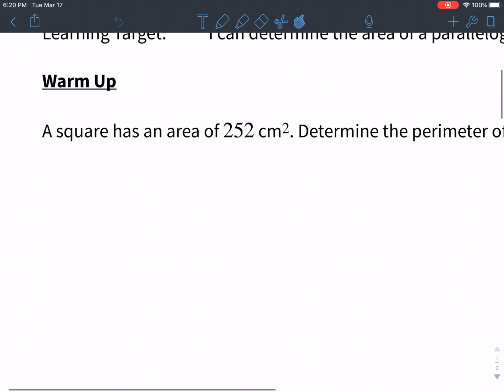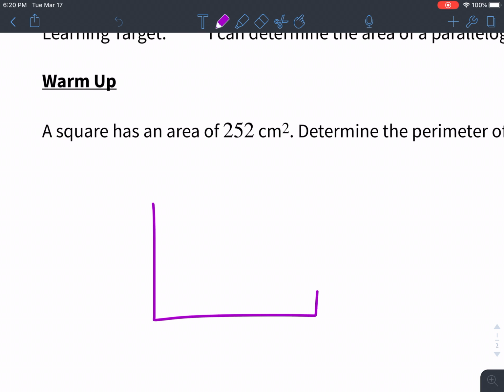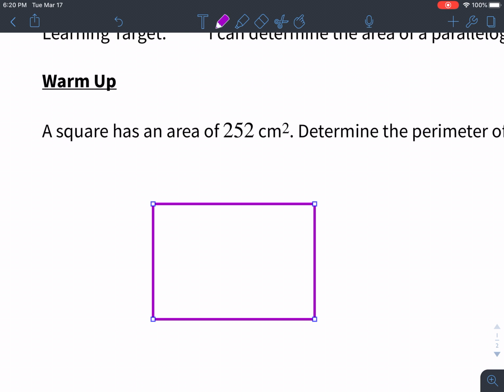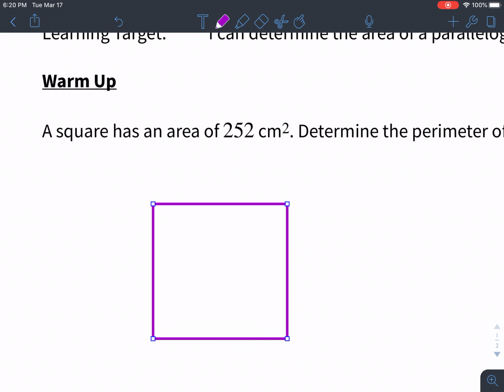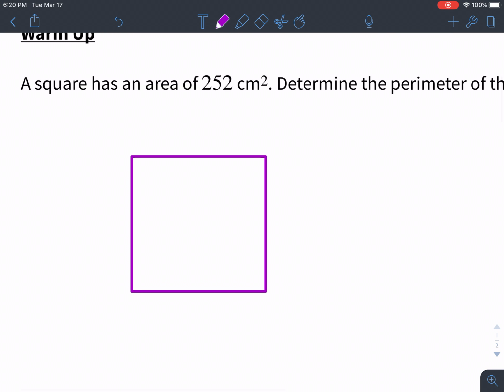So let's go over this problem real quick. We have a square. That's not a square. This is a square. The area is 252 square centimeters. And so that would mean that the side length of this square is the square root of